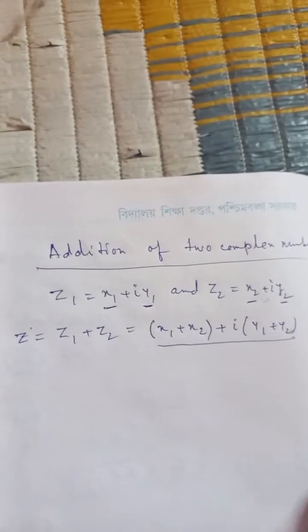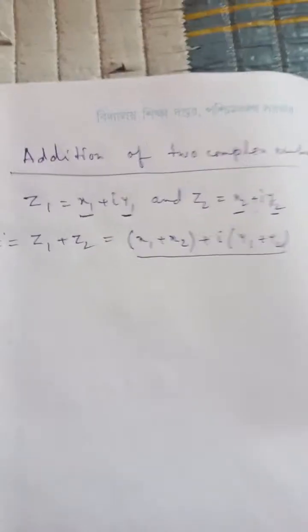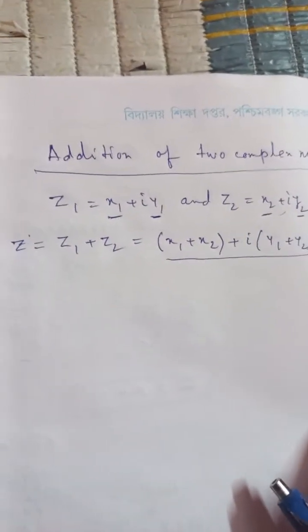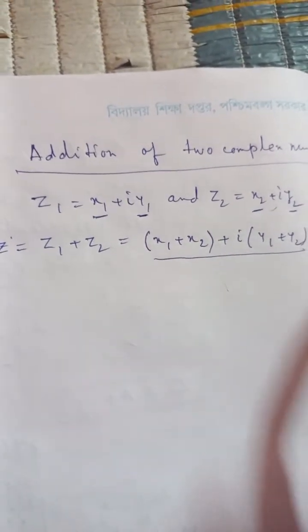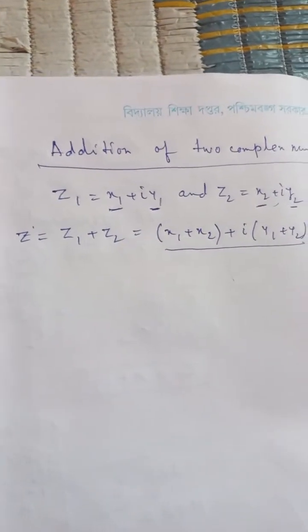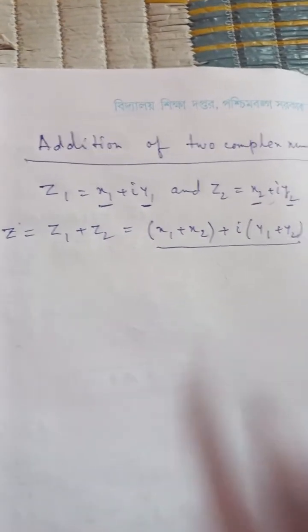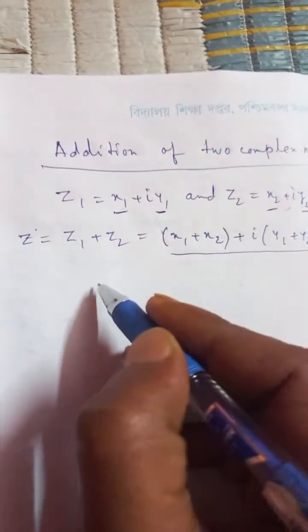So in this way we can add two or more than two complex numbers, and we will find another complex number. Now this is the procedure of addition, and also subtraction. How can we multiply